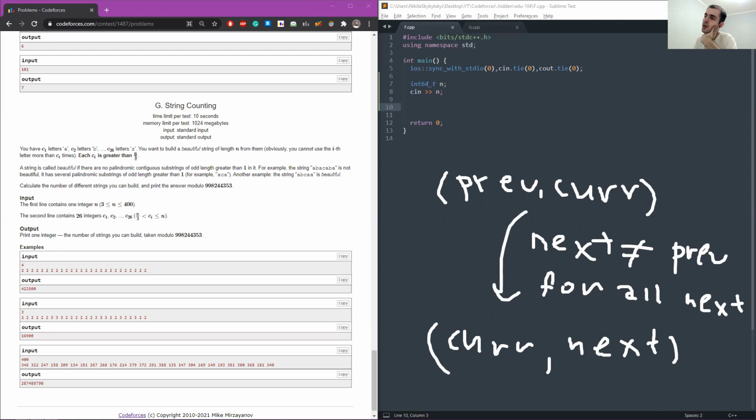There's really nothing smart here. But then we have a problem: what do we actually want to store here? We clearly want frequencies of these letters, right? And how do we store them? It's not clear. So we kind of want to know that at this point, the frequency of next is non-zero. And I really don't have any idea of how to do it, unfortunately. That must be a difficult task.